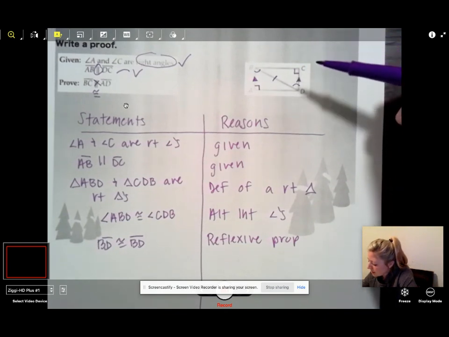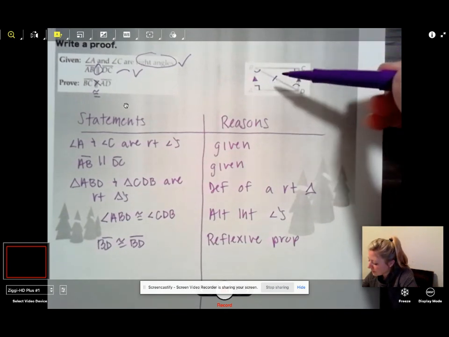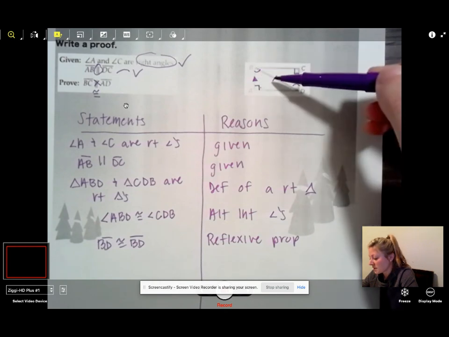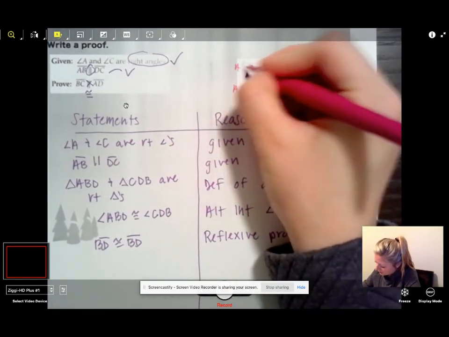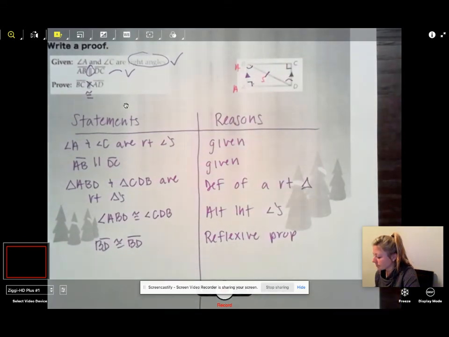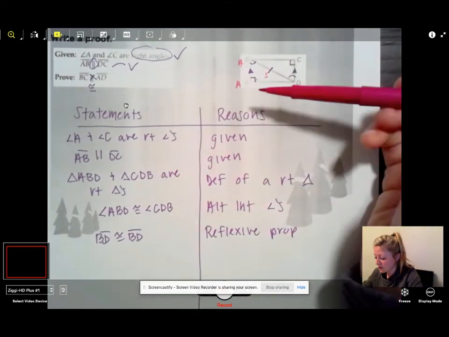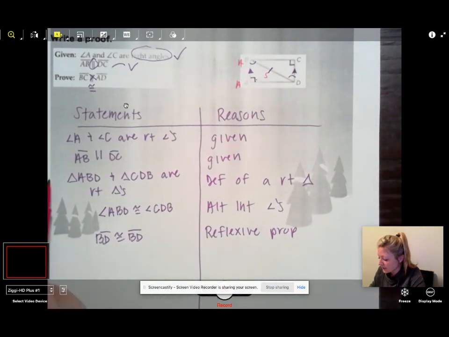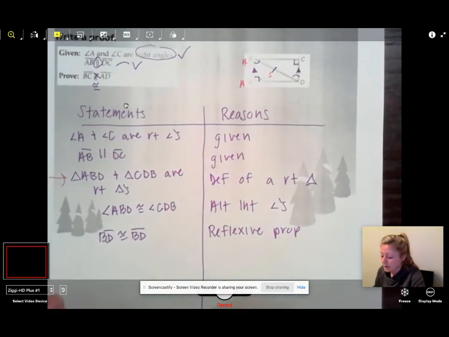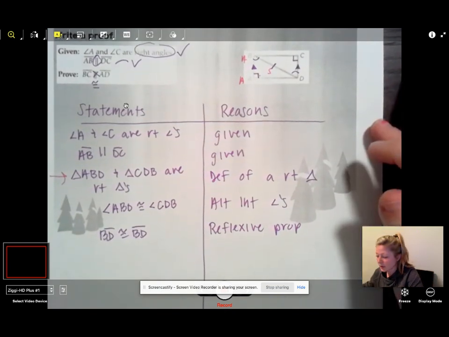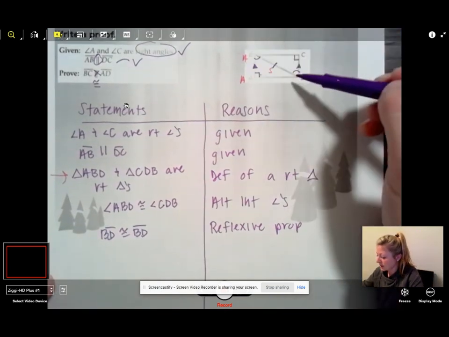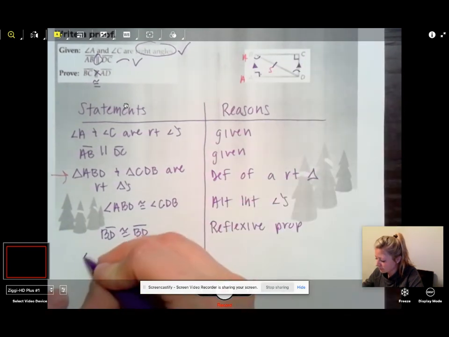So we have two congruent angles and a side, right? So that could be angle, angle, side. So I guess, to be honest, folks, I thought this was going in a different direction when we started this proof. So we really didn't have to say this line here. I guess the fact that they're right triangles doesn't really make a difference because we're not going to end up using HL. So we actually, though, if we're going to use angle, angle, side, we have to say that angle